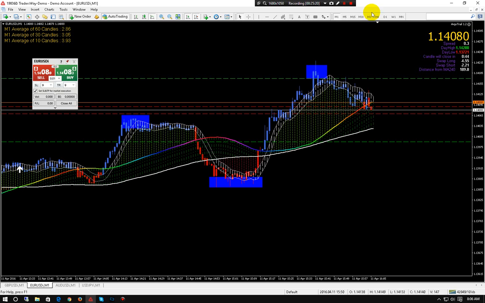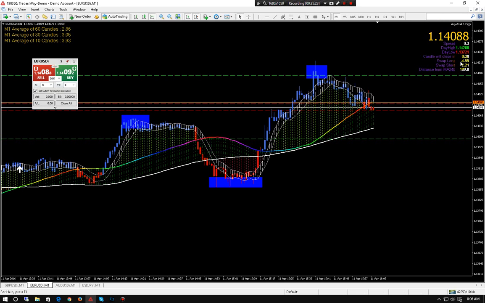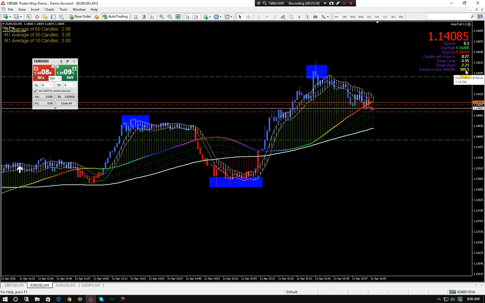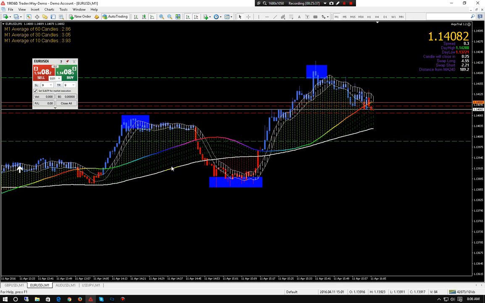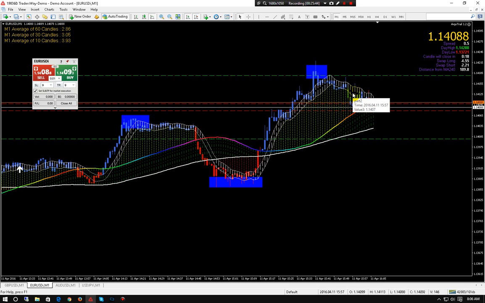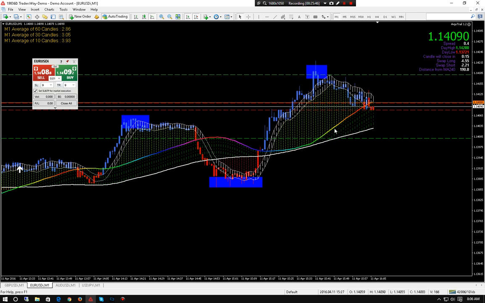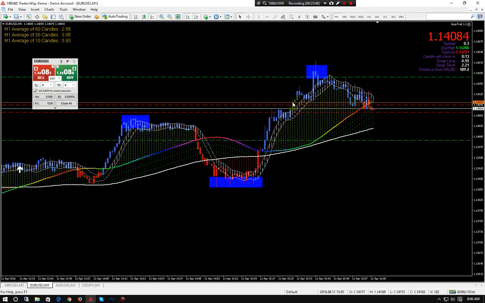I'm trying to think if I missed anything. Okay, this one up here, swap long, swap short, don't worry about it. Candle will close in is right there for you. Daily low, daily high. That's up to you if you need it. And distance from MA240. What that means is it's 189 pips above. So this is a 120. So that means if we're taking trades and we're taking buys, overall we're really in the trend. If we're taking a sell and everything's lined up, we're going against the overall, but it's the 1 minute. You're going to have swings, and that's what you're identifying as swings.